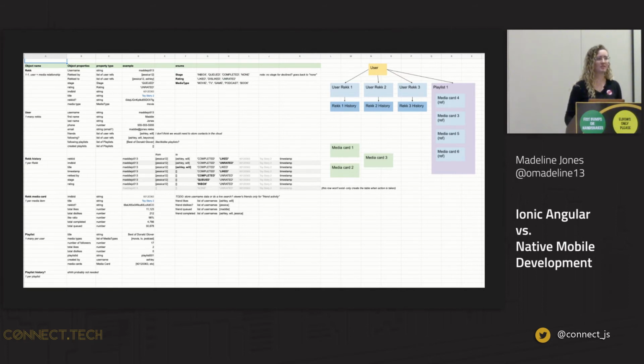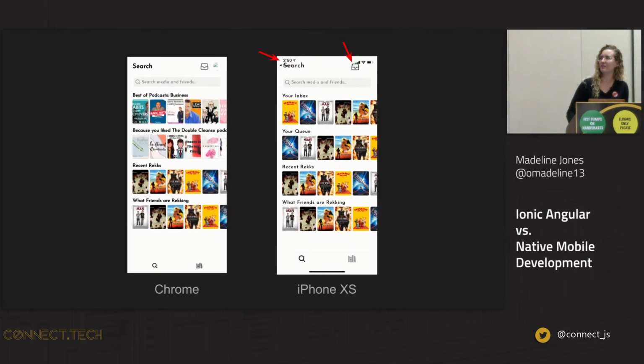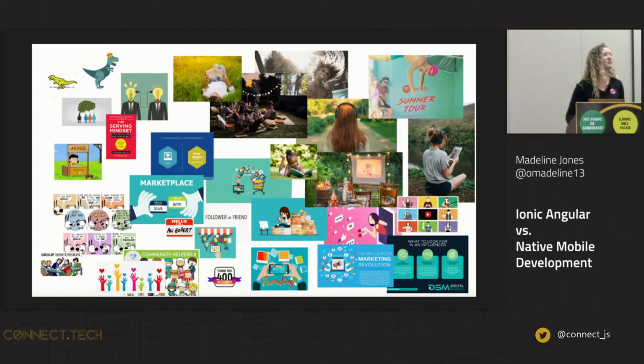I even got an object relational diagram and all our models up here. And if they didn't want me to show this to you, they should have made me sign something. So there's a lesson for you. They even made me make a vision board, and I made the heck out of my vision board. So I was all in